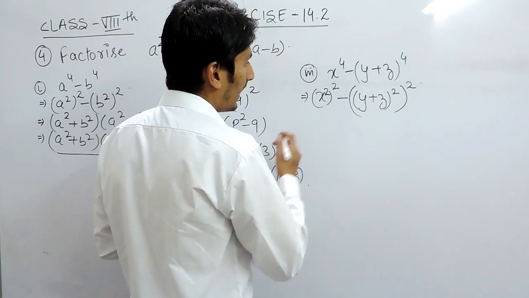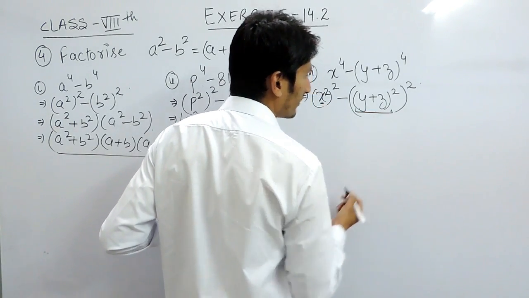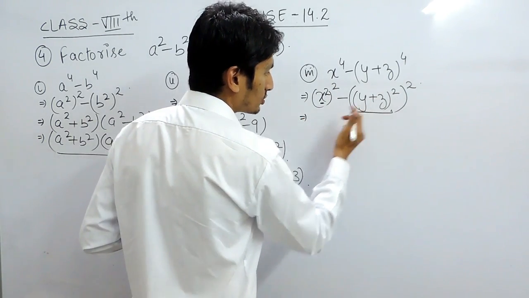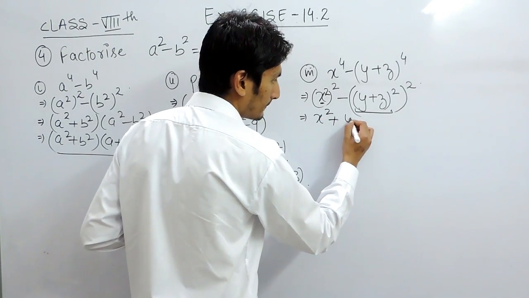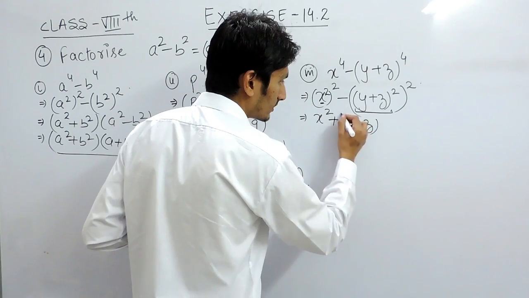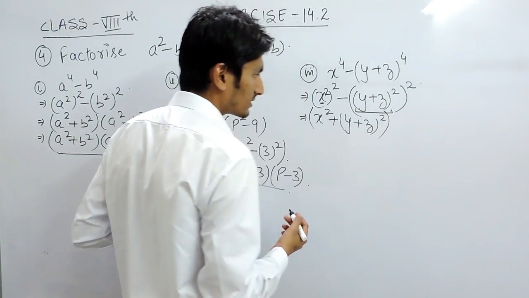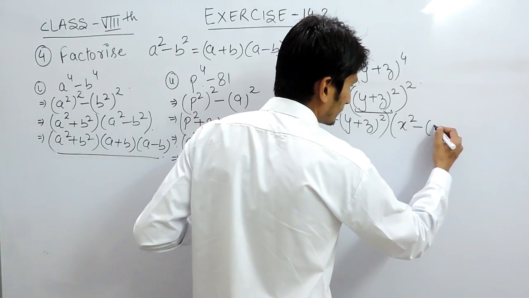In this case, our a is x square and our b is this whole term which is y plus z square, and a square minus b square is a, which is x square, plus b, which is this. So this is the first, and a minus